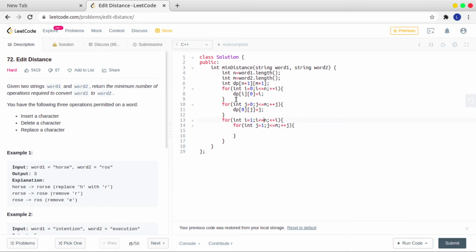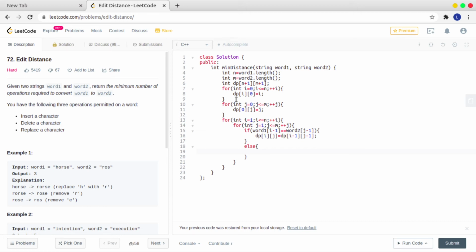So what will happen if the character at word 1 at i minus 1 is equal to the character at word 2 at j minus 1? Then you don't have to increase anything, it will be the same as dp of i minus 1, j minus 1, means you are not adding any cost. Else, if the character at i minus 1 in word 1 is not equal to the character at j minus 1 in word 2,